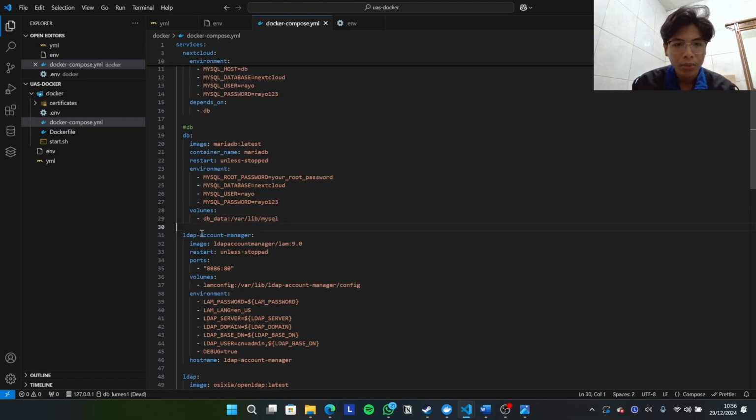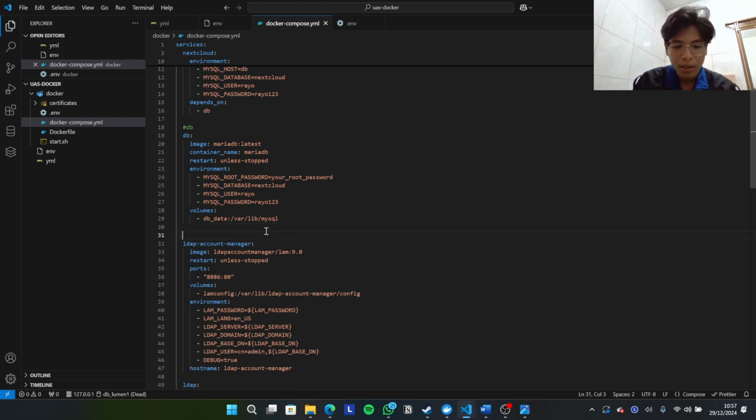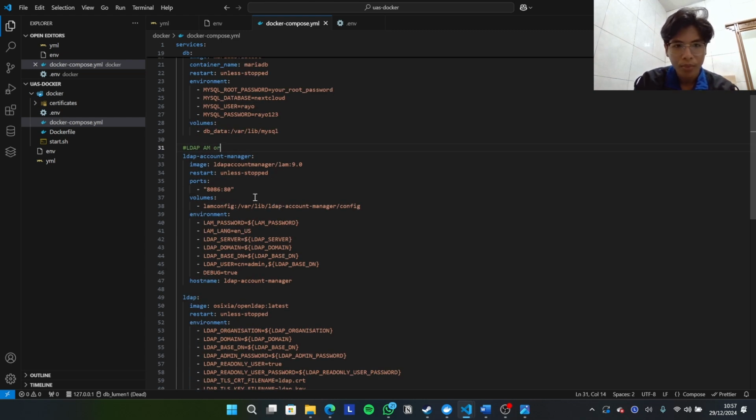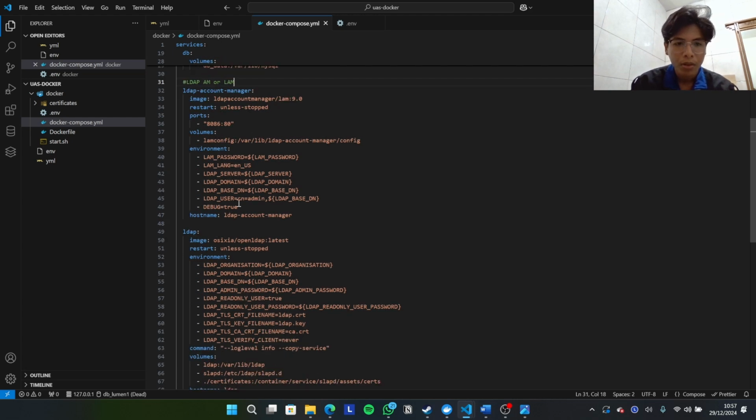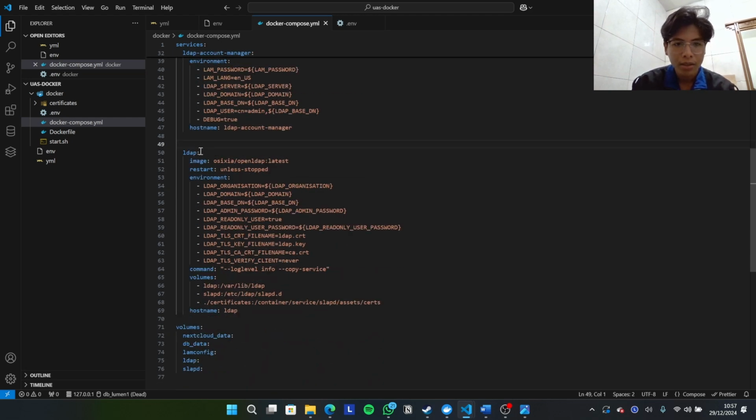The next service we will use is the LDAP Account Manager. Here we can put the port for LAM. And on this line is the service for OpenLDAP.